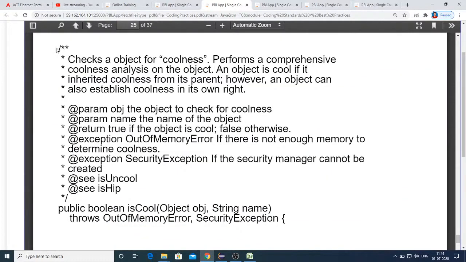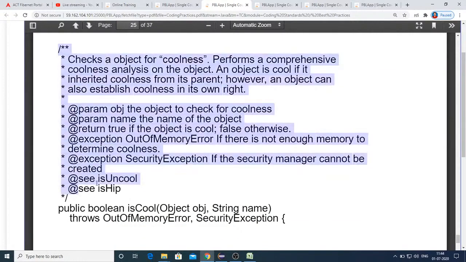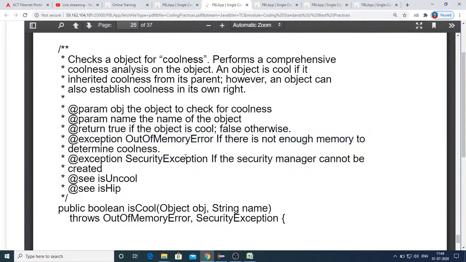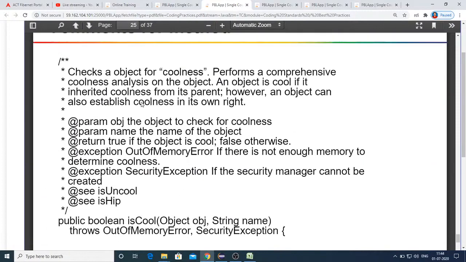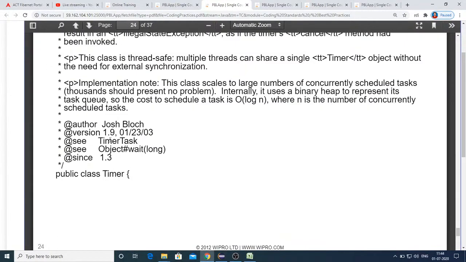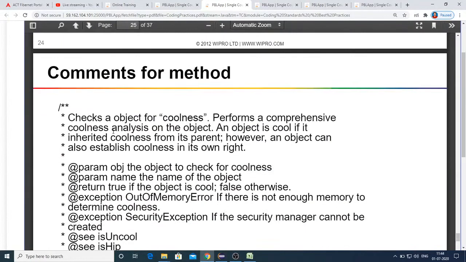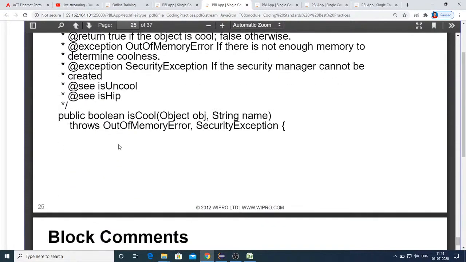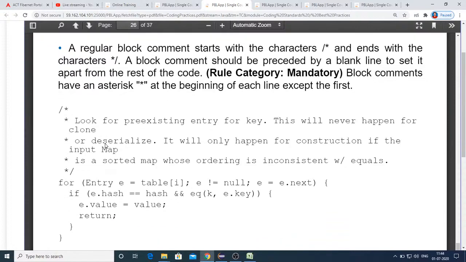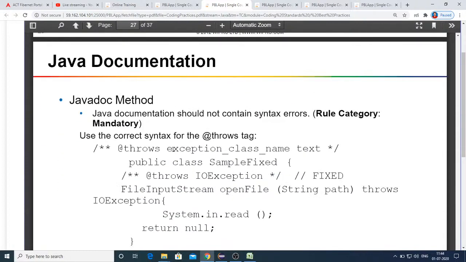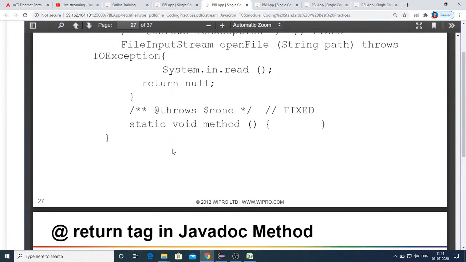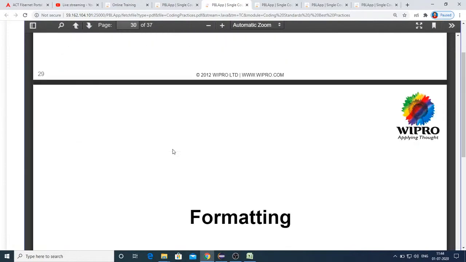And this is the example for method documentation comments. Just as we have seen above, @param, @return values, @exceptions, all that. This you can just see. So here examples are also given of how to give the file header before a class, and then the method header, all that you can just see. And these block comments you are used to, but generally we only know them theoretically, and we have to use them in real-time project development. Just remember that. And the documentation methods, return tag, all these things.